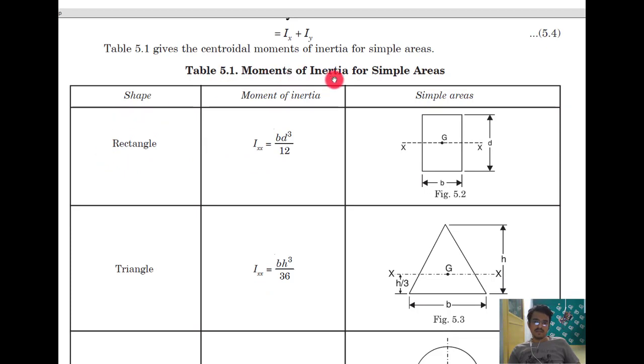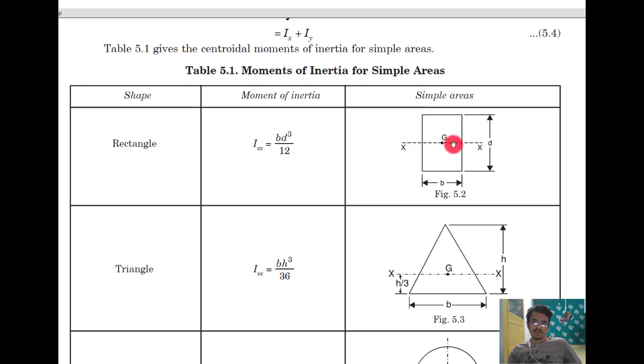These are some important formulas that you have to remember while solving numericals of moment of inertia. Similarly, like we solved numericals for the centroid, we have to solve numericals for moment of inertia, also for composite figures. To solve numericals of composite figures, you must remember these basic formulas. For the rectangle, about the base axis, that will be bd cube by 3, where b is the base width and d is the total depth of the rectangle.